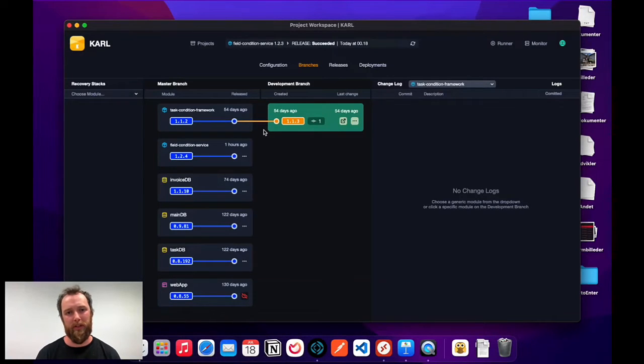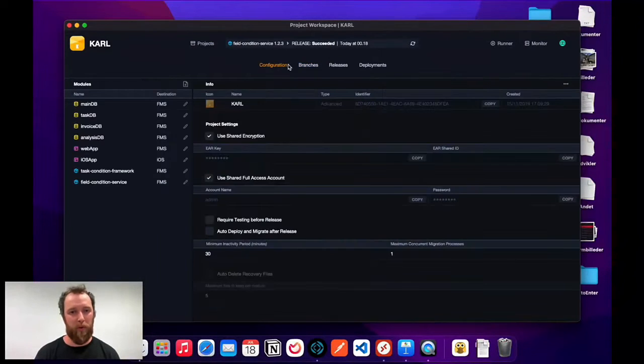In here is where I do everything related to DevOps for my Carl files. It has 4 different tabs up here. The first one being the configuration. This is where I configure and handle settings for this project, basically. In Devin,